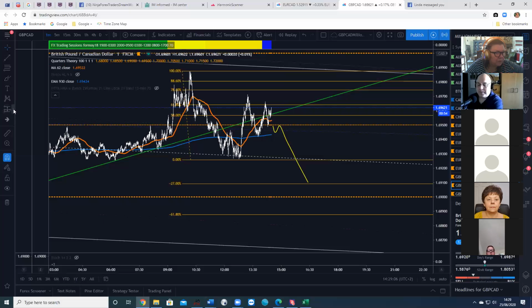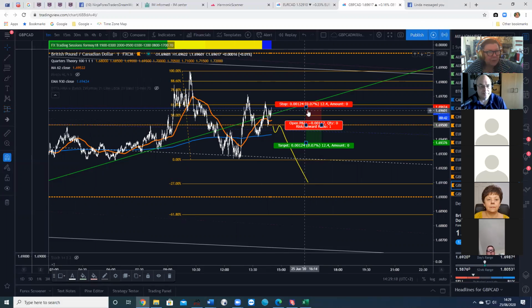Okay, so I'll put a slider bar on this one for a short position. I'll stick to our rules and I'll put it on quarter theory, I think. I can see the 62s curling up. Now, GCAD is a fast pair, so we do like 15 pip stop loss on our GBP pairs. And then our level for take profit,